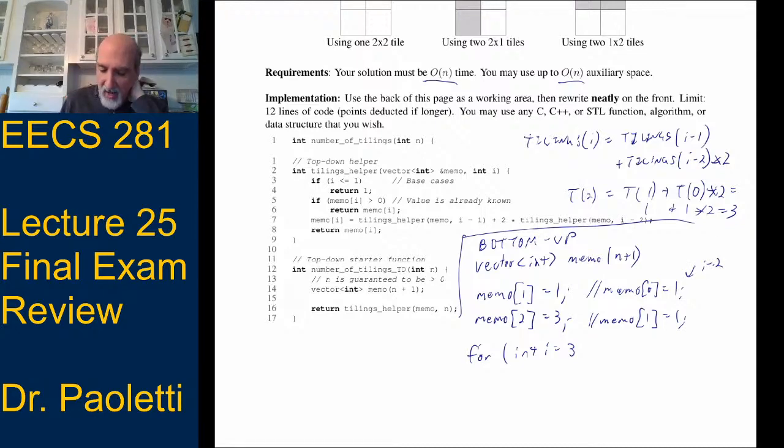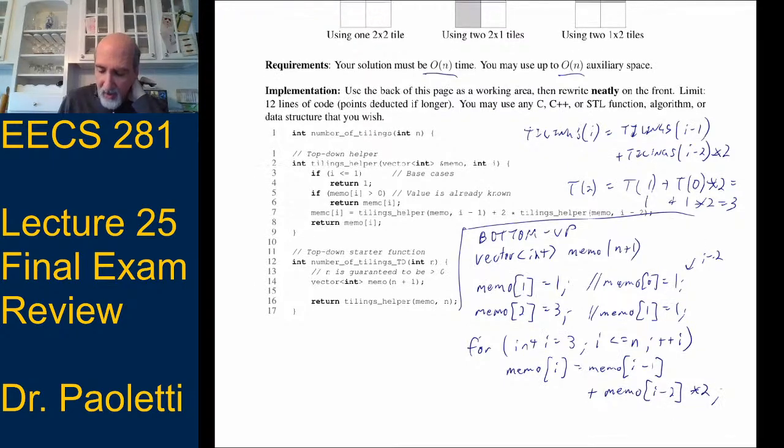All right, so we start out int i equals 3. i is less than or equal to n, because we've got to get all tilings up through and including n, plus plus i, and then we can just say memo sub i is equal to memo sub i minus 1 plus memo sub i minus 2 times 2 and semicolon.